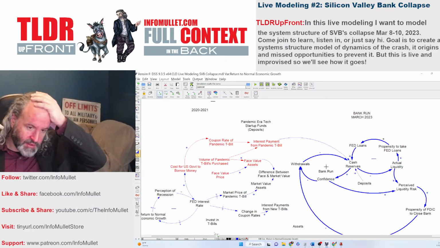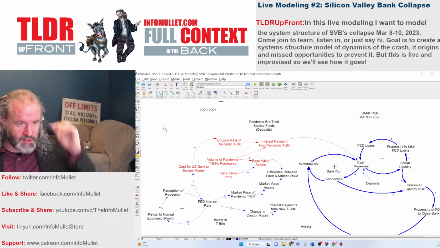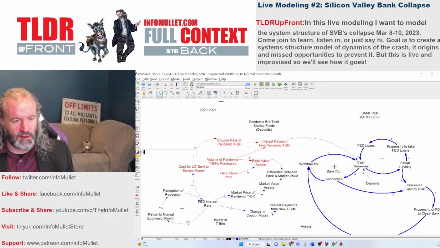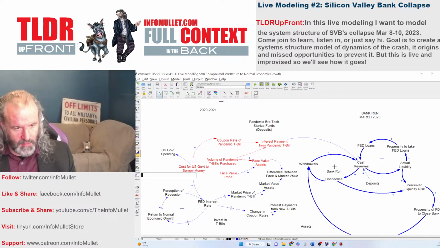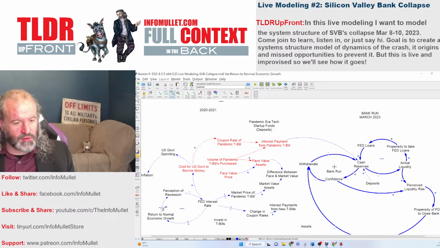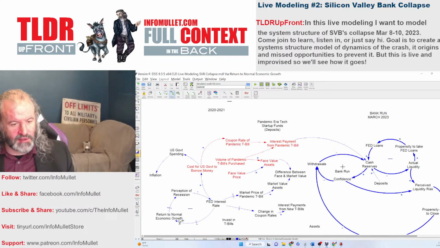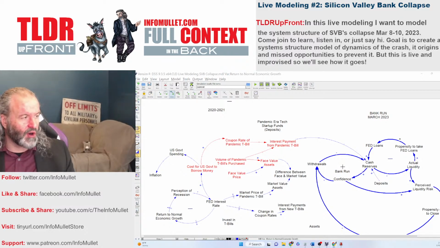As the cost for the U.S. government to borrow money goes down, U.S. government spending goes up. These are some key dynamics here. As U.S. government spending goes up, inflation goes up. Right? As inflation goes up, the Fed interest rate goes up because one of the Fed's mandates is to fight inflation. They have what's called a dual mandate. That means their mandates are to